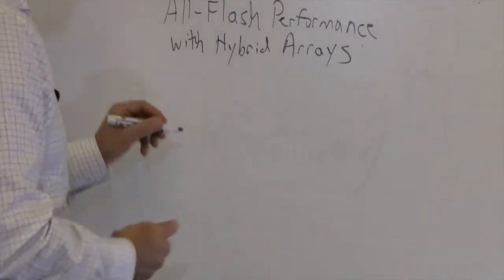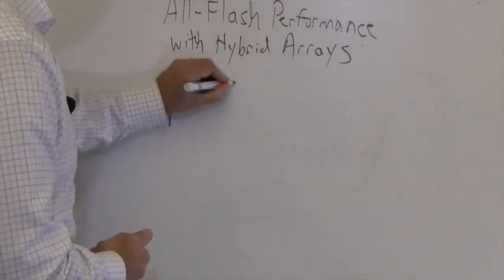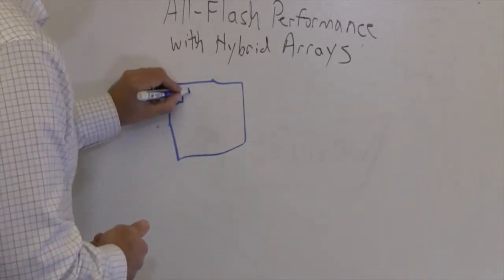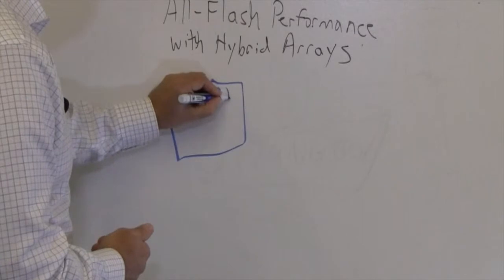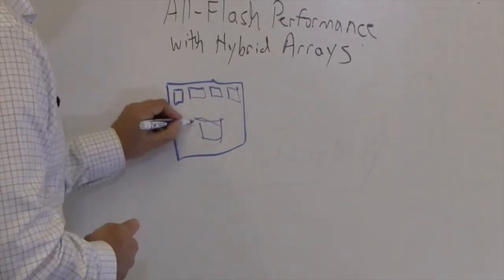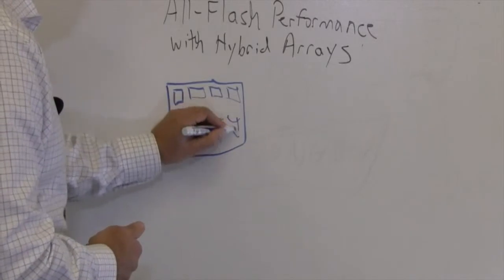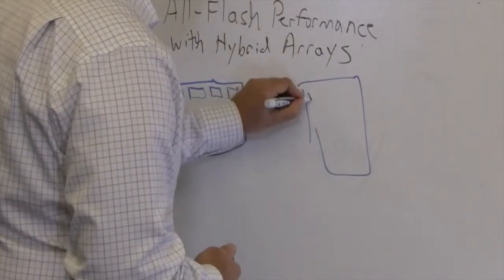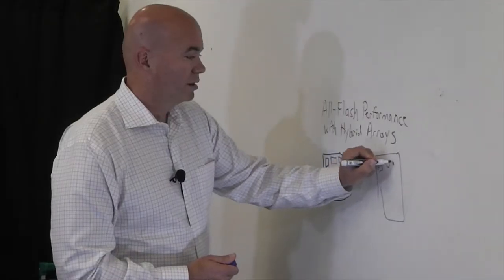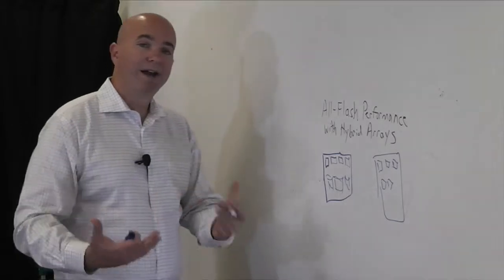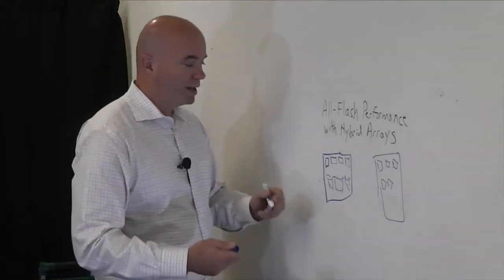In a hybrid array, you've got a storage system, and that storage system has some number of flash modules in it, and then it has typically a few relatively large disk drives. Now, an all-flash system, of course, has just memory, right? So the question, what happens when there's a cache or a tier miss, what's basically being asked